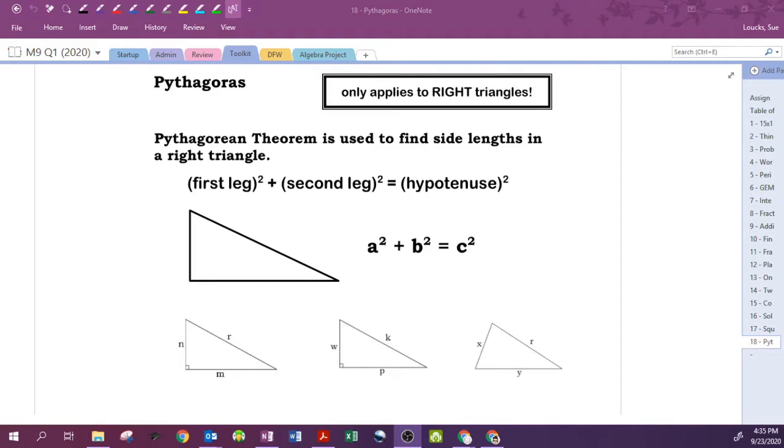Hi everyone. We are going to talk about the Pythagorean theorem now. This is something that is part of the grade 8 curriculum, and so normally I do this as review, but